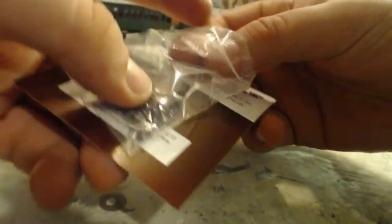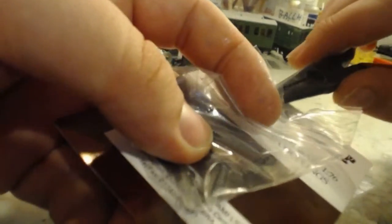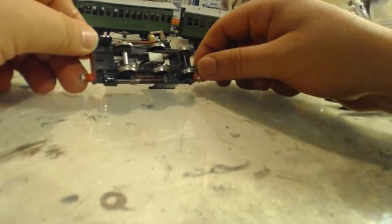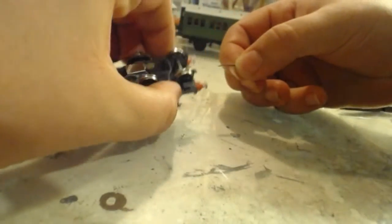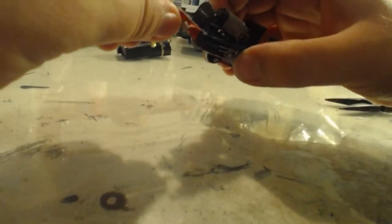So yes, we're going to get some nice Smith's couplings on these. This is going to require some degree of modification. So this should be fun. Because Mr. Craven did not think about us modelers with our big sprung couplings when he was designing this loco. This back one goes through almost okay. This front one though